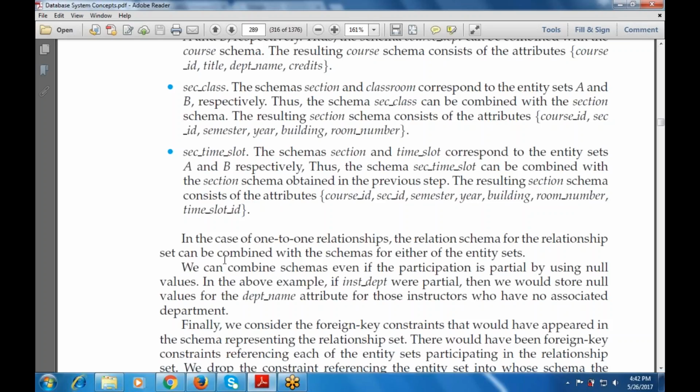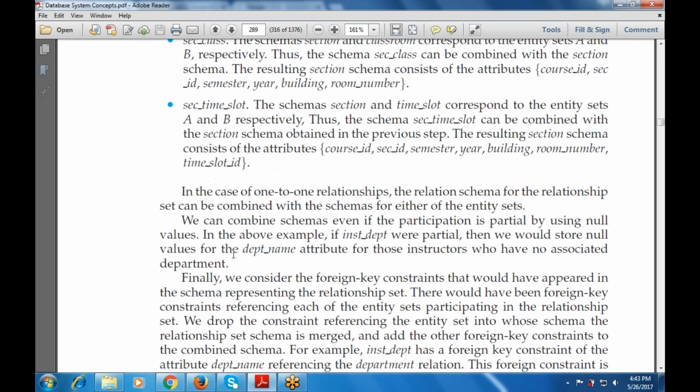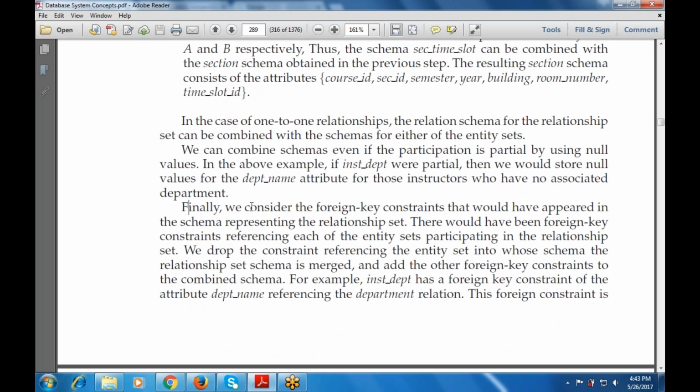And we can also combine the schemas if the participation is partial by using null values. In the above case, if the instructor department participation were partial, then we would store null values for the department name attribute for those instructors who have no associated department. Finally, we consider the